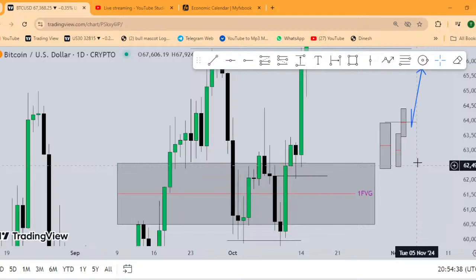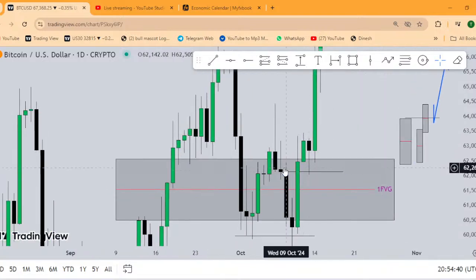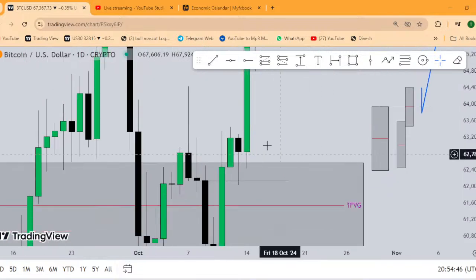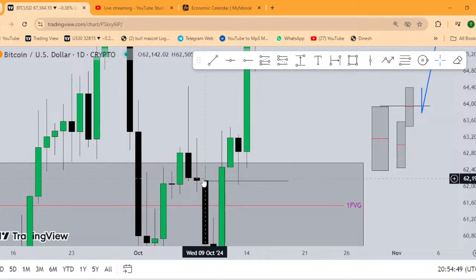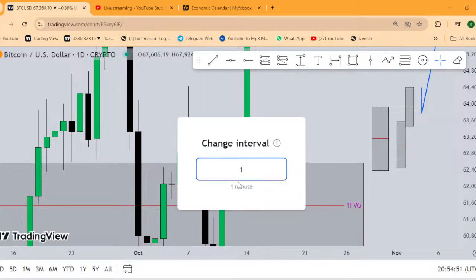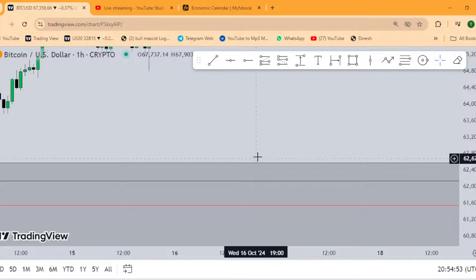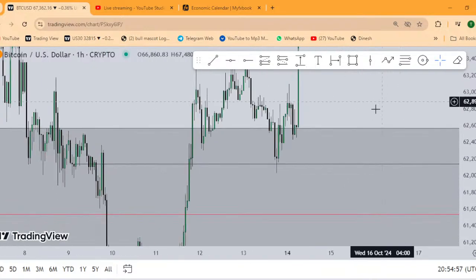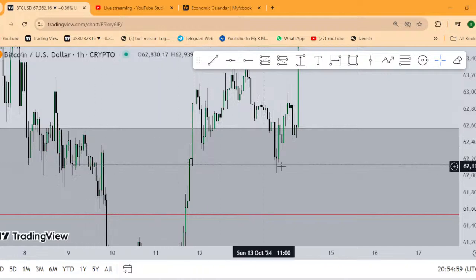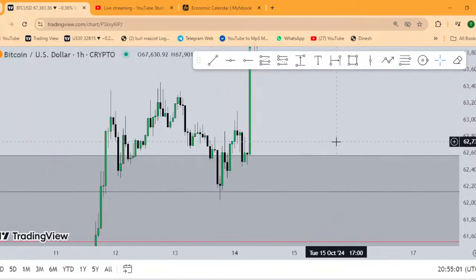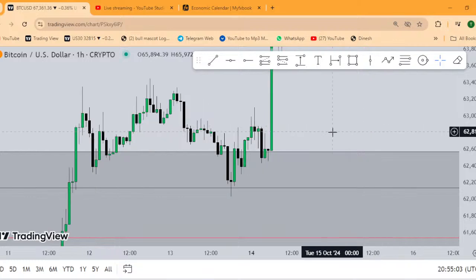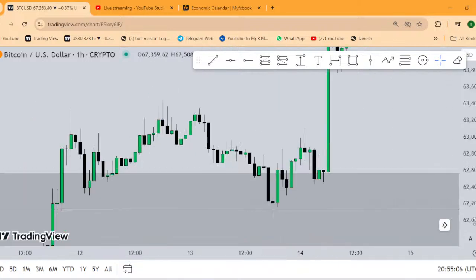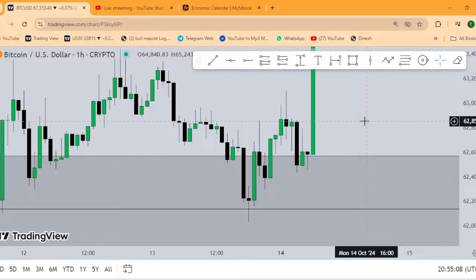Okay, so what happens is price taps this zone, this open here, and then drops. So there's also a mechanism for trading this drop here. Mitigate this zone. After mitigating the zone, you go to the 1 hour chart. What are you waiting for on the 1 hour chart? A market structure shift. As simple as that. So price drops, mitigates this zone. Then you ask yourself, what next? I want to see a market structure shift or a CISD happening in price for me to continue this particular